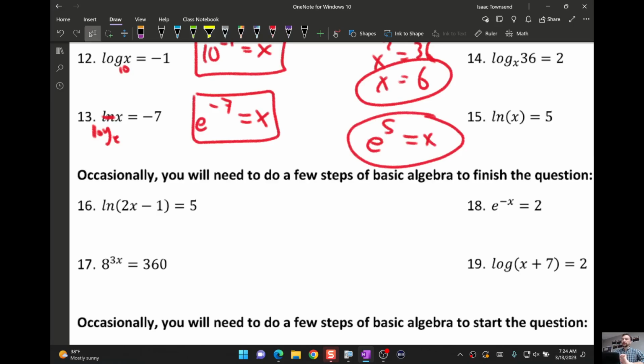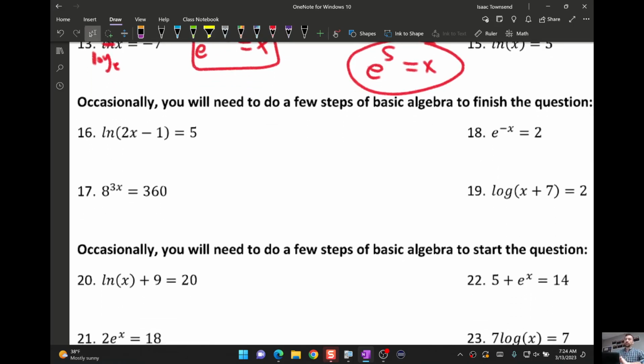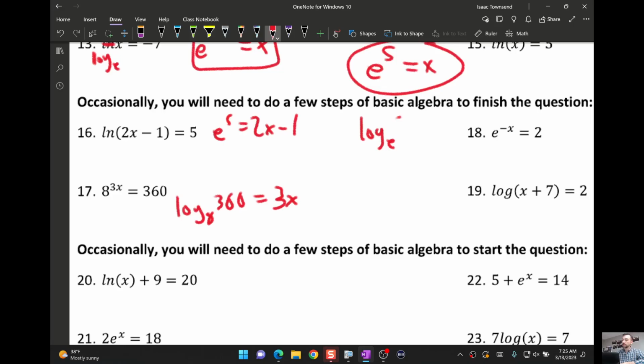Okay, so now we're going to inch out to the ones that are going to take a little bit more work. So these are either in exponential form, 17 and 18, or logarithmic form, 16 or 19. But if you can do what we just did on the last couple sections, then you can do these as well. If it's in logarithmic form, you could put it in exponential form, exponential form could switch to logarithmic form, exponential form, to logarithmic form